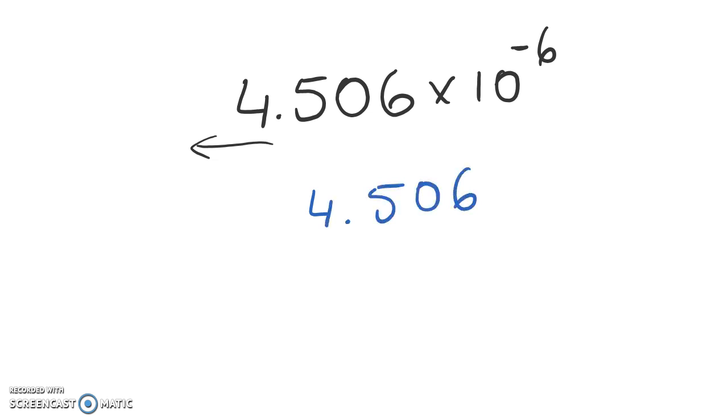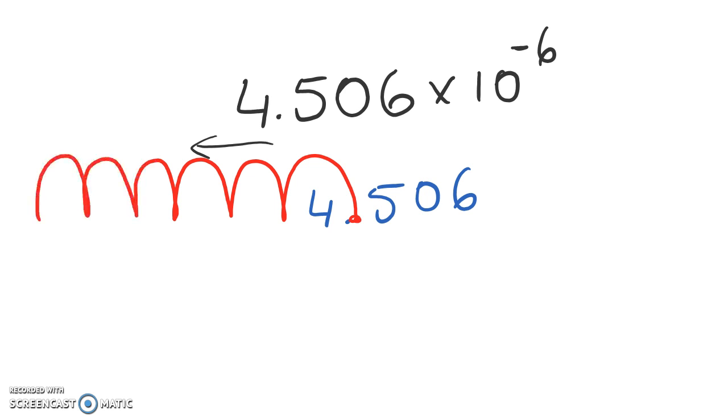We have 4.506. Let's look at where our decimal place is. It's just here. So we're going to shift that to the left 6 places. 1, 2, 3, 4, 5, 6. We'll put some zeros in. Means our decimal place is now here, and we need to have a 0 to the left of the decimal position as well. So that means we have